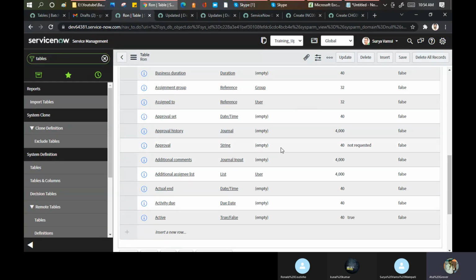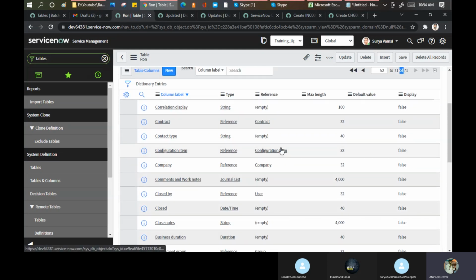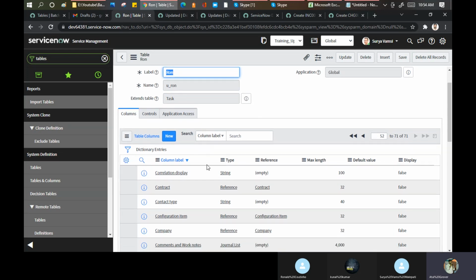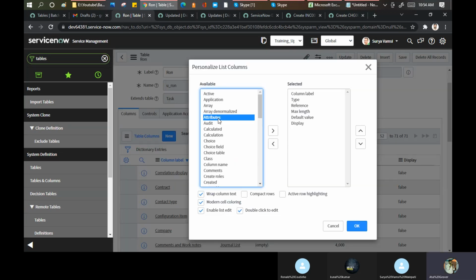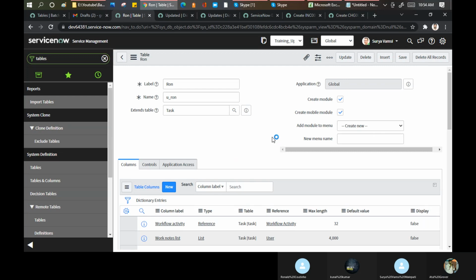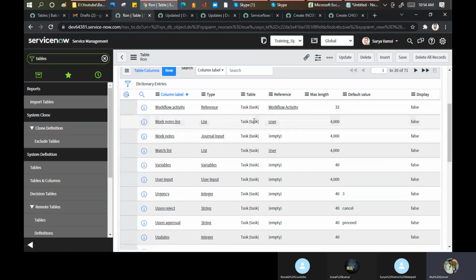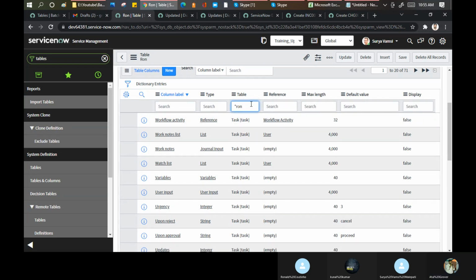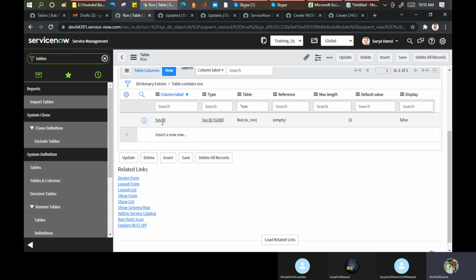Now, what else is there? Let me show you. So I know that these 70 fields are coming from the task table. Only one field is coming from the row table, right? So what I can do is go ahead and search. Put this and search for the table. And now in the table, I can put this one.